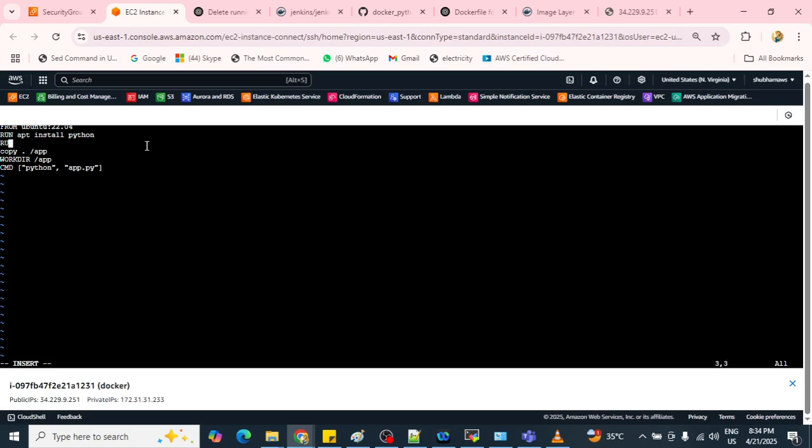So here we are customizing our image, meaning we are asking to create first an Ubuntu image, and inside that Ubuntu image we are asking to install our Python over that. Now I think it is done.